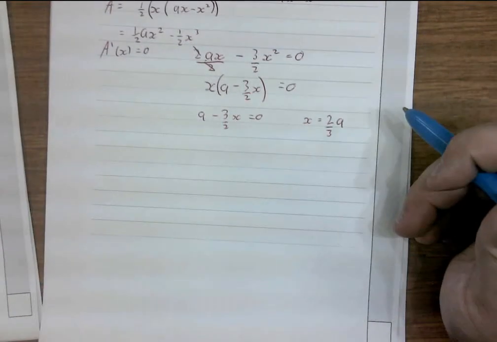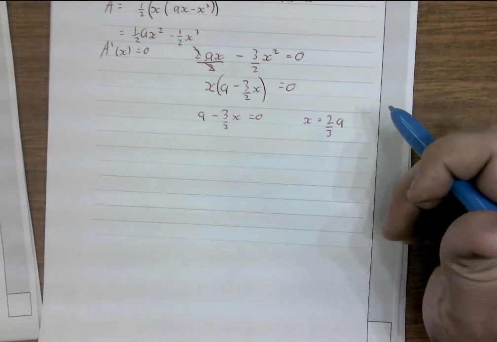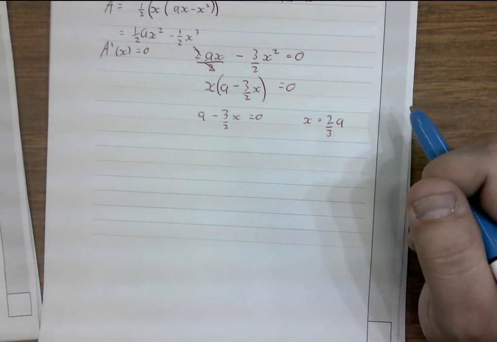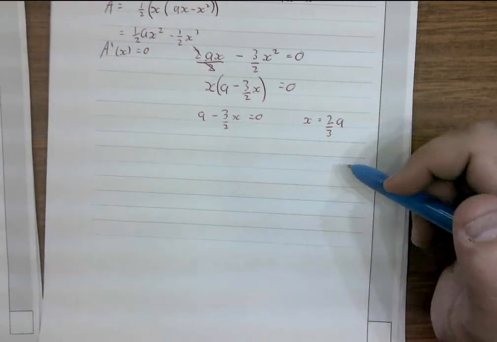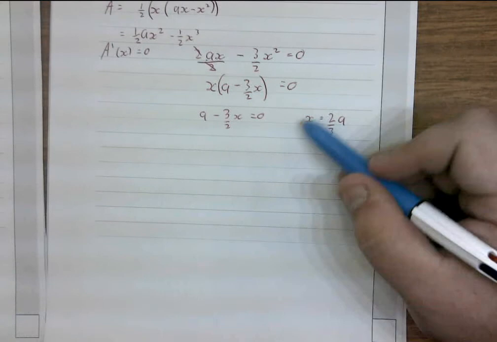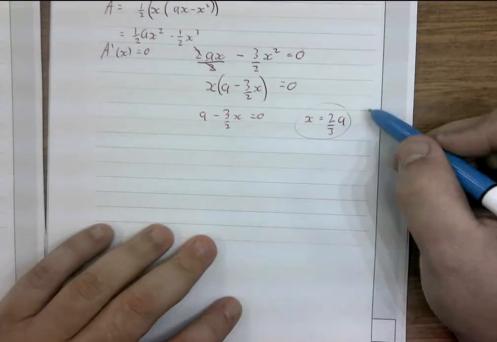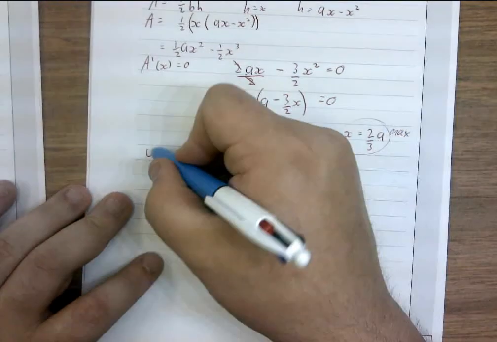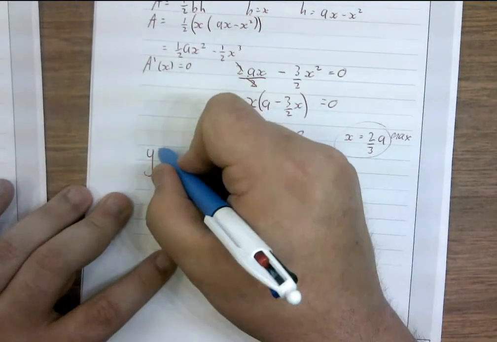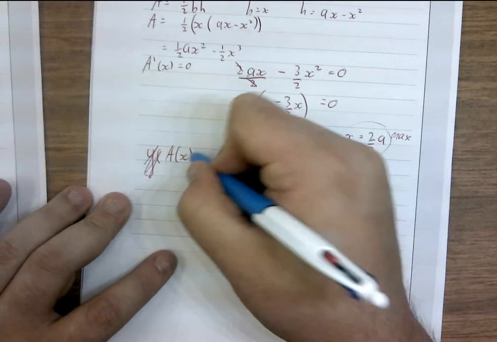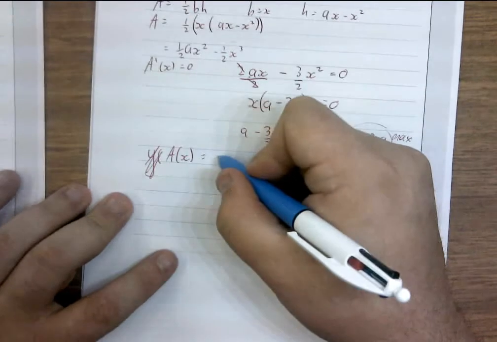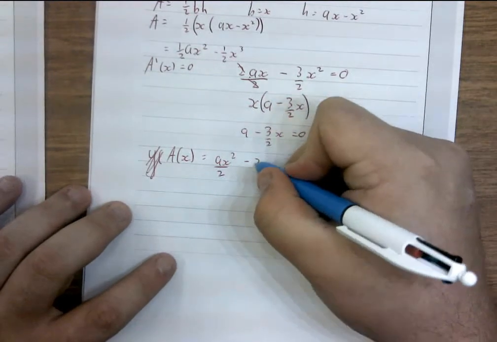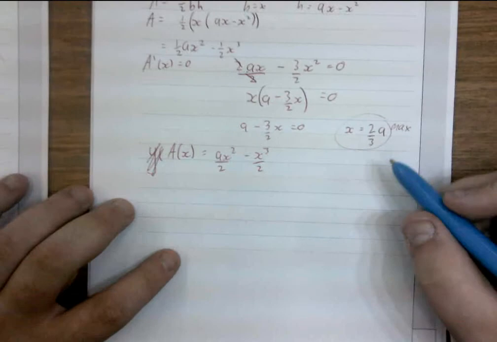Right, I'm going to put that back in as my maximum value. So this is my x coordinate of my maximum. If I put that back into my original equation, A of x equals ax squared over 2 minus x to the power of 3 over 2. That will give me